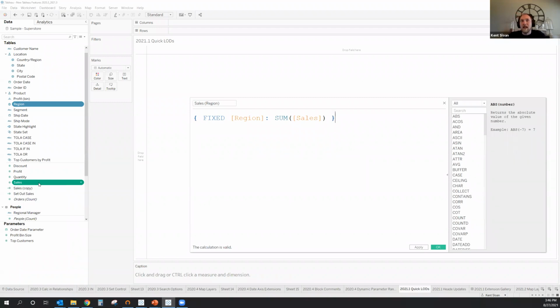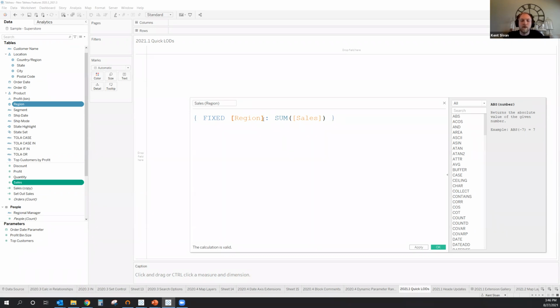This can, I would say, help speed up the LOD process. The caveat I would have here is that LOD calculations are something in which there's a fair amount of complexity here, and we need to be careful about how we structure our LOD calculations. So I'm slightly hesitant about making something that you should be fairly deliberate about very easy to add. So I'd still say like create an LOD, take time, review it, make sure it's actually doing what you want it to do before you save this out and start using it. But it can be a quick way to kind of get that template in place that then you could adjust.